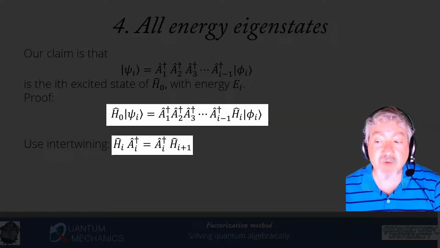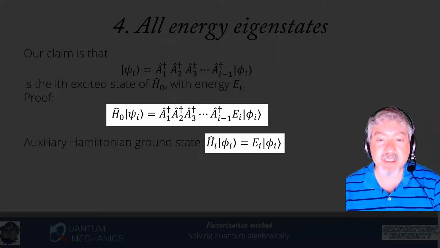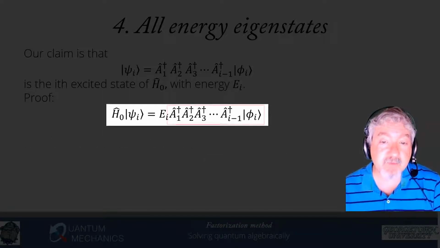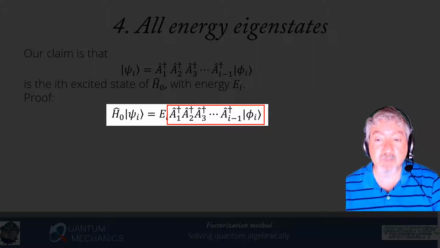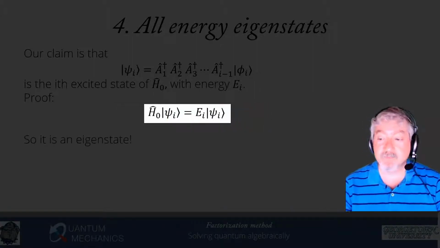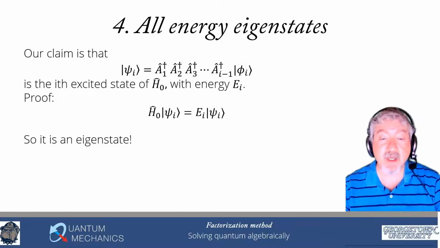But phi I was the ground state of HI, so we know that that's an eigenstate. So I can just replace that by EI using the fact that it's an eigenstate. Now, EI is a number. I can just take that all the way to the left, and then I simply have to recognize that that set of operators acting on the state phi I is just the original state psi I. And we've figured out now that it is an energy eigenstate, and it's the ith excited energy eigenstate corresponding to